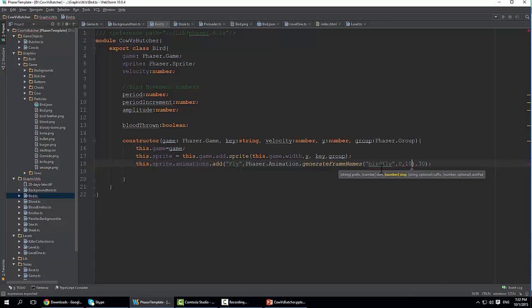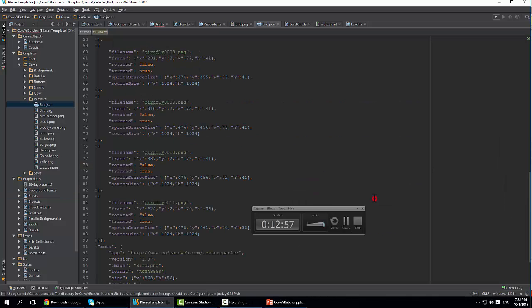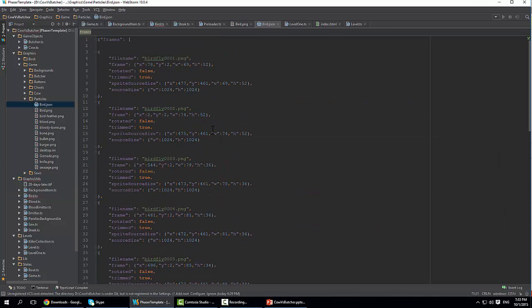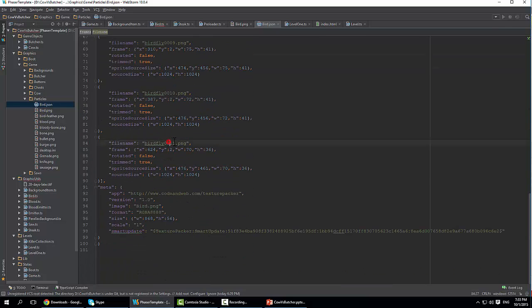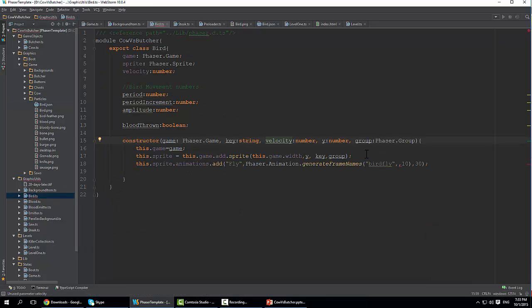0, 10. Is that it? Yeah, 0, 0, 1? Let me pause. Right, so what we want to put in here is this one here, and this 11 here, and that's going to work apparently. This would make my life a lot easier when I was writing the code, but anyway, so 11 and suffix